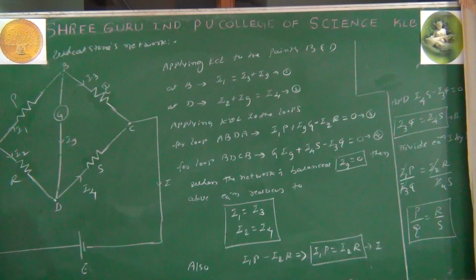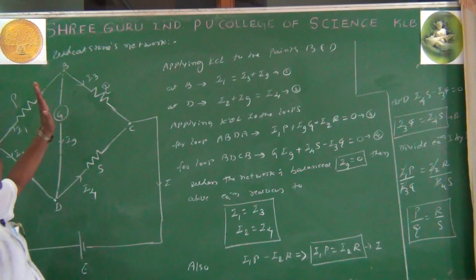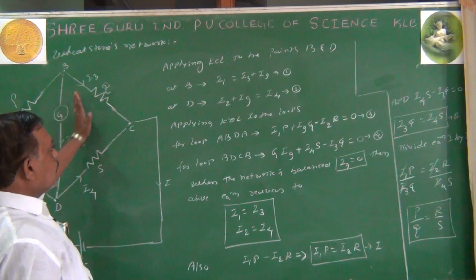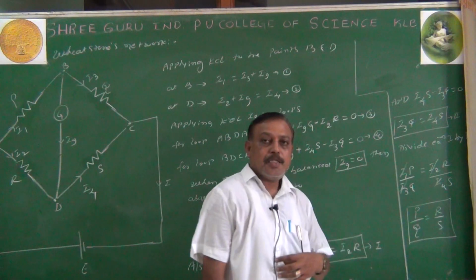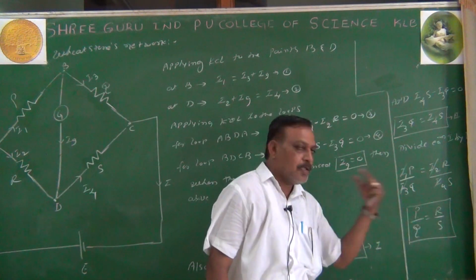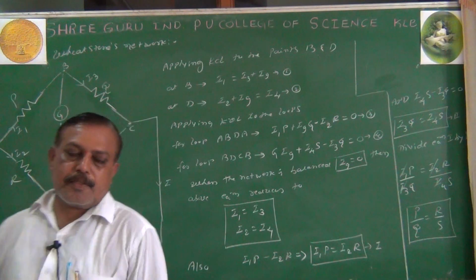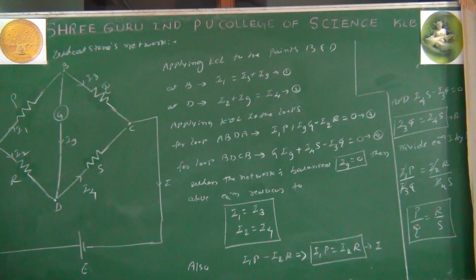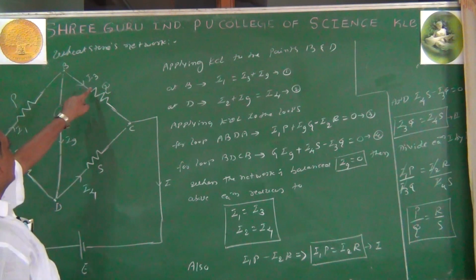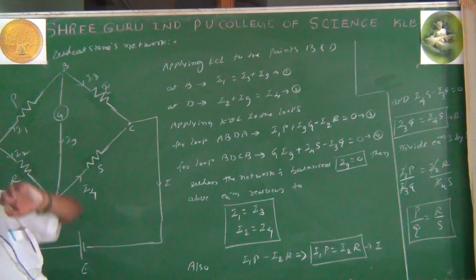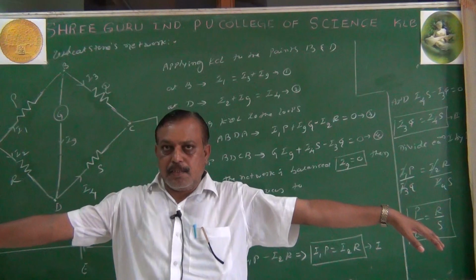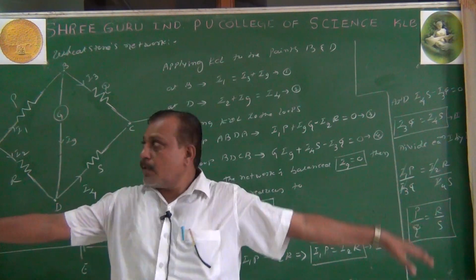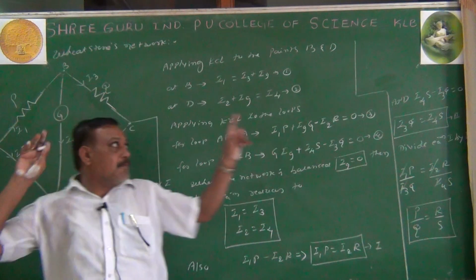Now this is nothing but we have made it in a systematic manner. The circuit diagram is one side, and the complete derivation step is another side. Now this is our balancing condition. This is the principle of the Wheatstone network: P by Q equals R by S. What does that reveal? P and Q are called arm resistances. These are the two arms. Is it clear? They are nothing but arms.